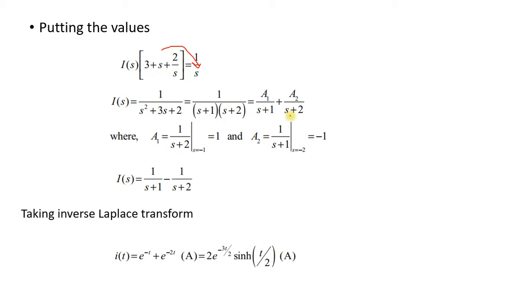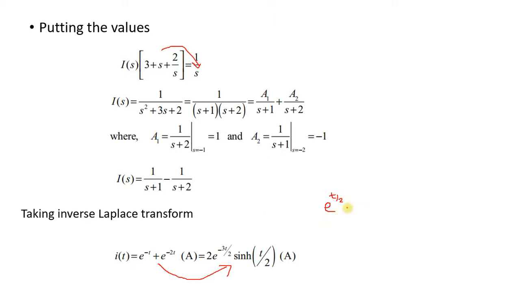Now just rearrange these equations. It is e power t by 2 into e power t by 2 plus e power 3t by 2 into e power t by 2. Just rearrange, and from that this equation is replaced like this, because we know that sinh of x is replaced by this. So e power t by 2 is there, so I write it like that, e power t by 2,